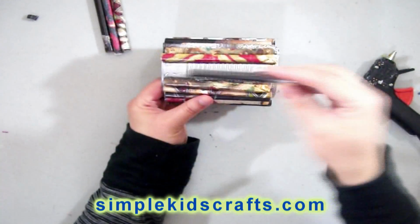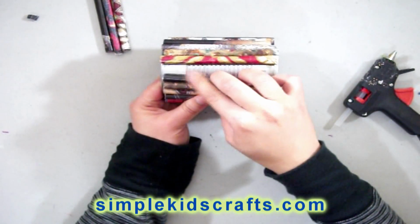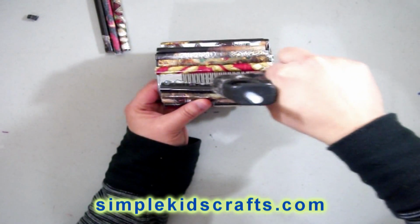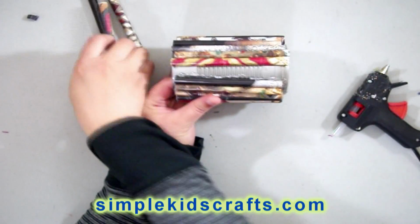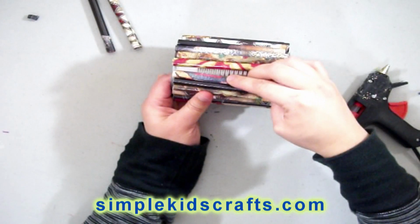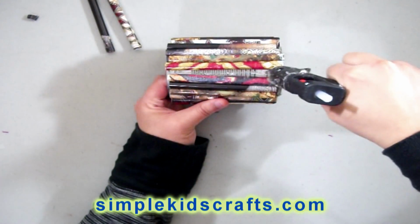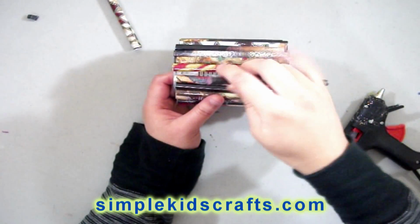And in the end, if it doesn't fit quite snugly, what you can do is try to make it fit in the middle. While you're doing this project, it's a good idea to push against each one of the paper tubes that you're setting in, so that there will be enough space left over at the end, so that your project doesn't look a little bit half finished or unpolished. So as you can see here, this is my last tube,